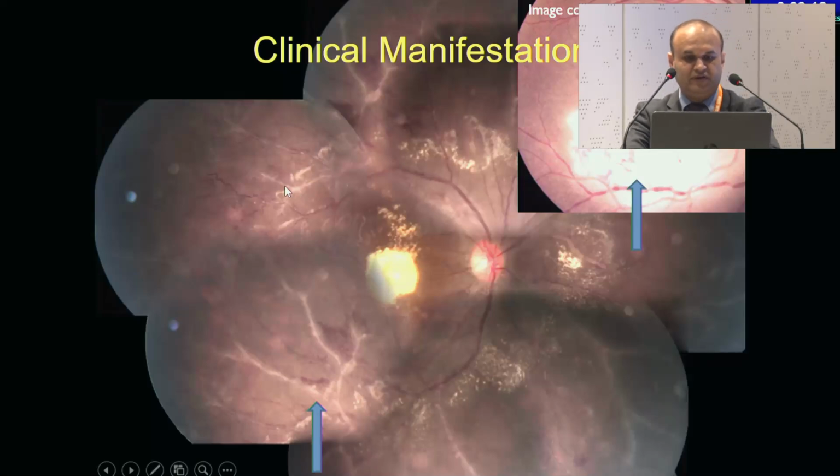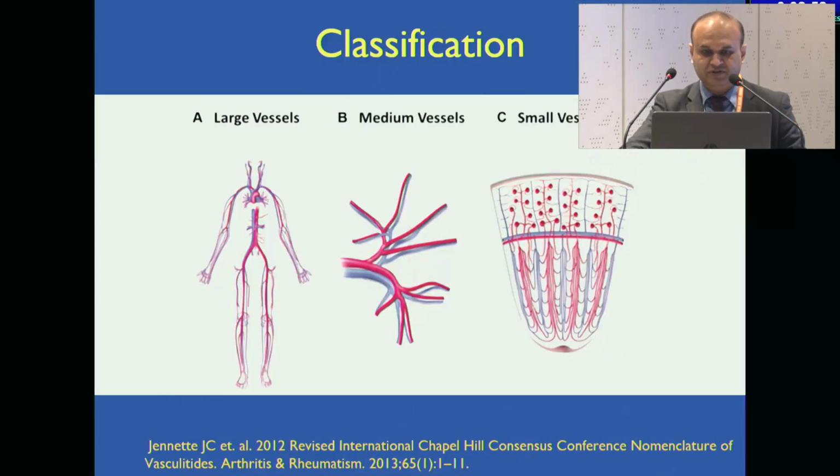You can have sclerosed vessels, vasculitis, perivascular sheathing, exudation at the center or even around the vessels, and also associated signs of ischemia and retinitis. So you may have retinal nerve fiber layer infarcts, or what we call cotton wool spots, as well as associated retinitis. And we will go on, step by step, to the importance and clinical implications of all of these entities.